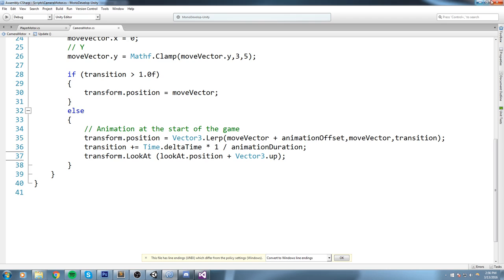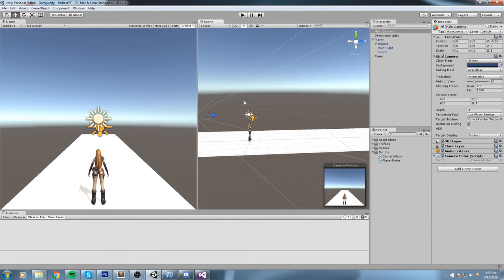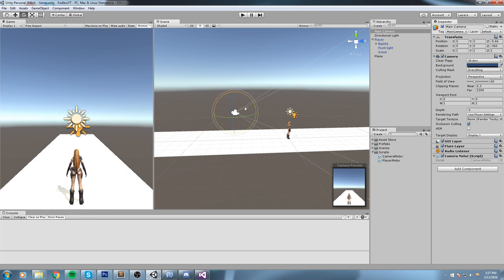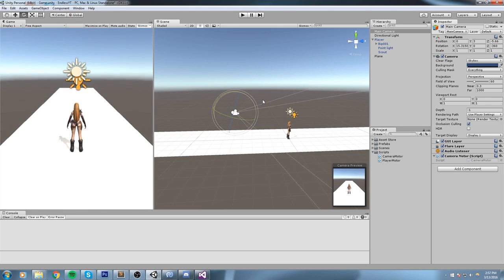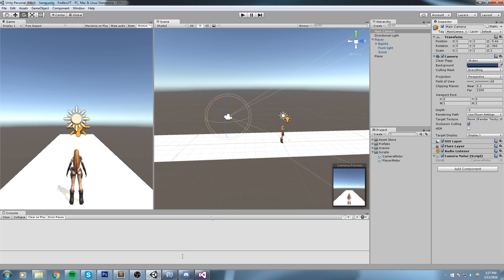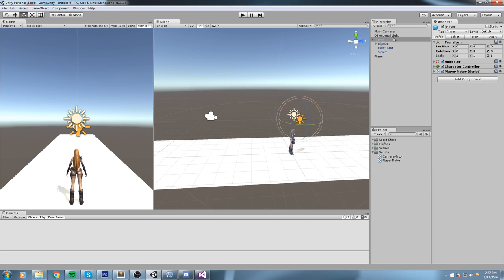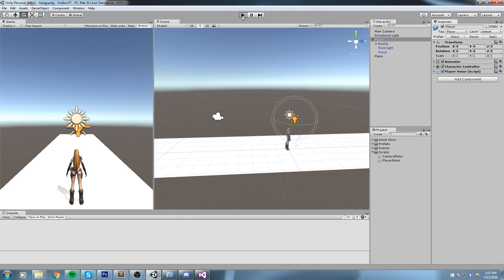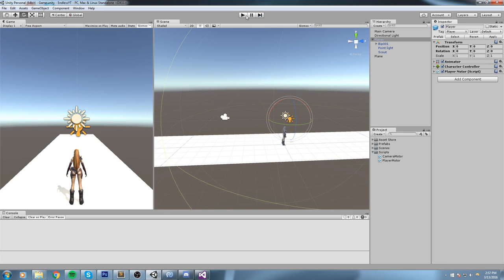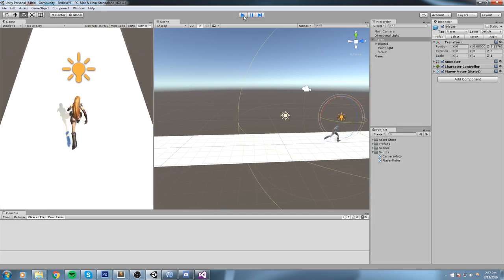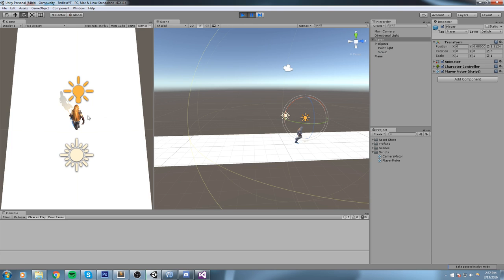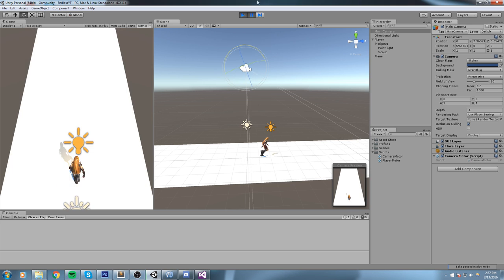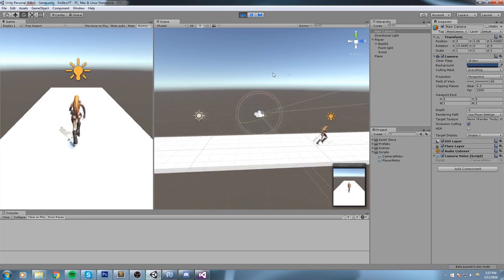Now what this does is it takes the camera rotation, the orientation it currently has, and rotates it to actually look towards the point I gave it. In this case, I gave it the position of the player, plus 1 and up. So if we press play now, we get an animation that goes from up there and looks at the player. So we get this kind of shot, and then it progressively moves like this,